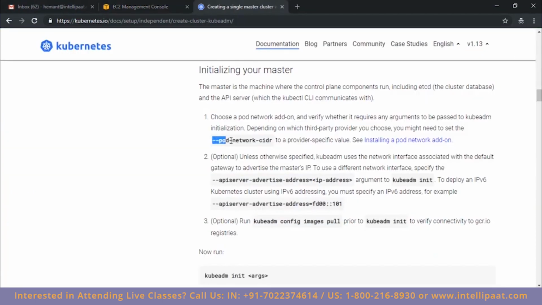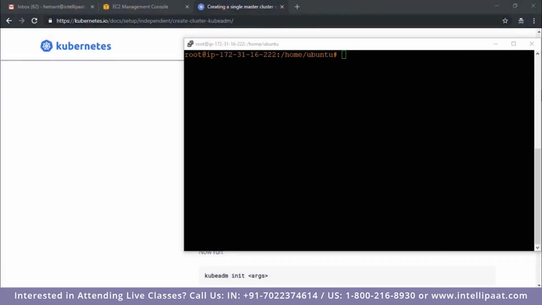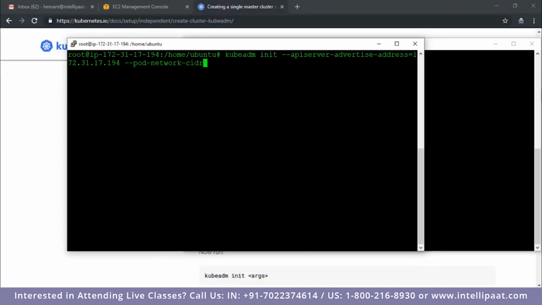I told you while we were discussing the architecture, guys, that Kubernetes basically works on its own network. It has its own network on which it will work. So this network is called the pod network. And in this particular command that is using pod network CIDR, we basically define the range in which the IP addresses would be allotted for the Kubernetes network to function. So the range that we want to specify is